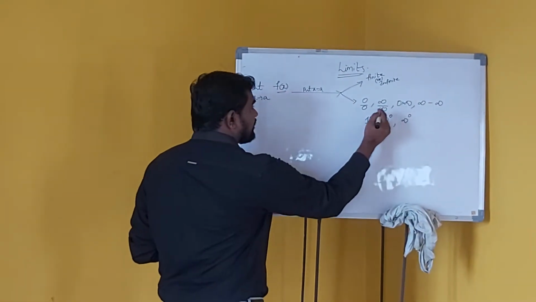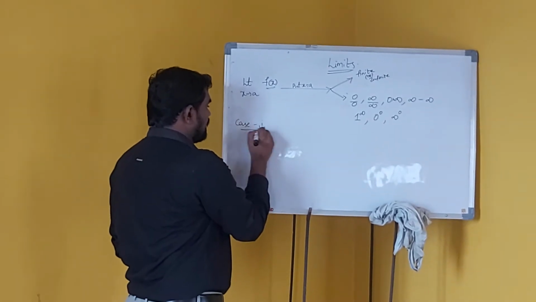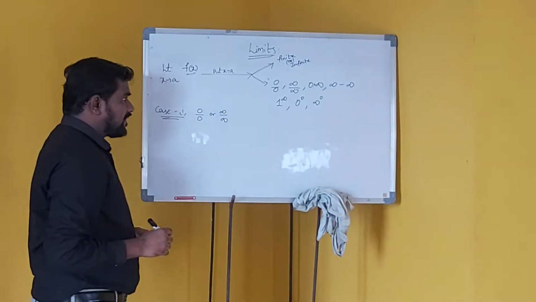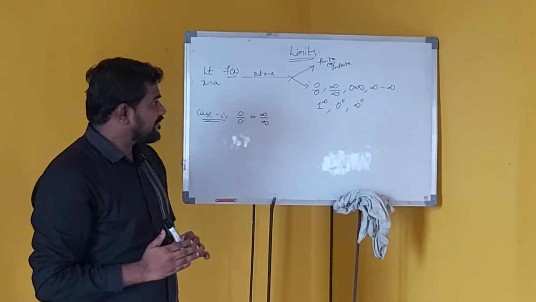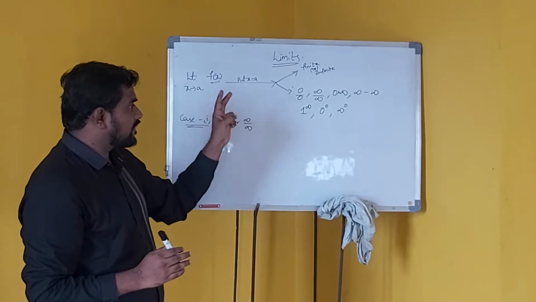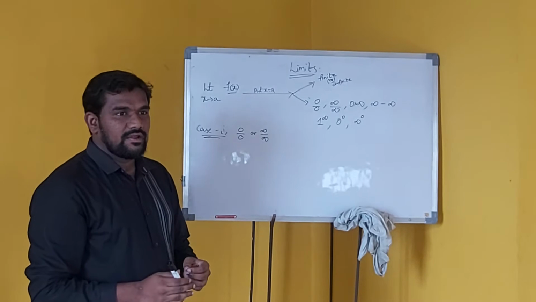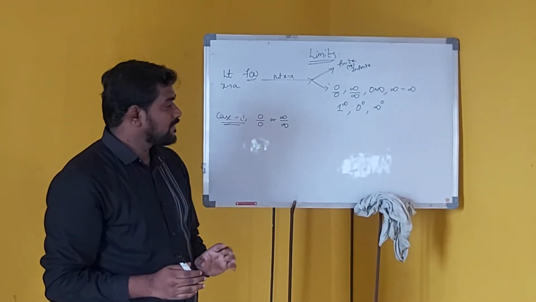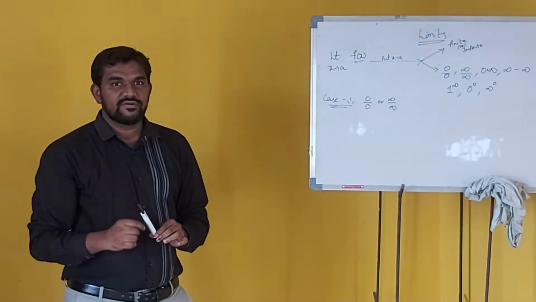Okay, so there are a total of 7. We will see case by case. In case 1, we are going to discuss 0 by 0 or infinite by infinite. We have a separate technique for solving each of those 7 indeterminate forms. For the first 2 we discuss in case 1, the next 2 in case 2, and lastly under case 3, and at last 1 for infinite shortcut we will have. So let's see what to do if we get 0 by 0 or infinite by infinite.